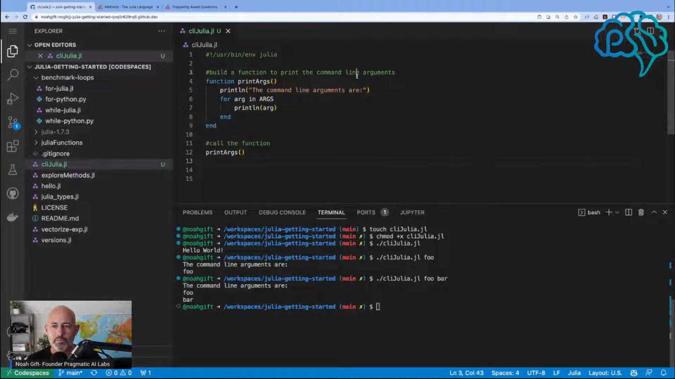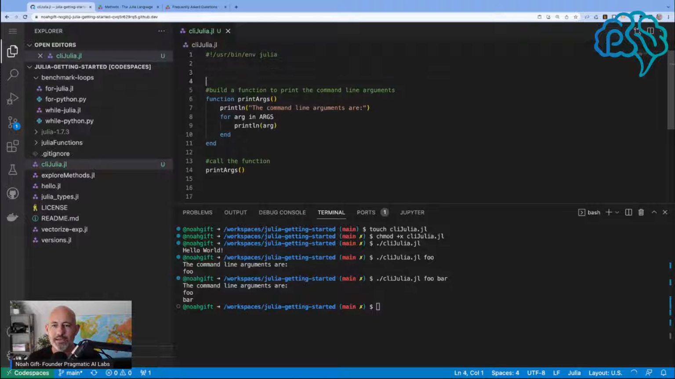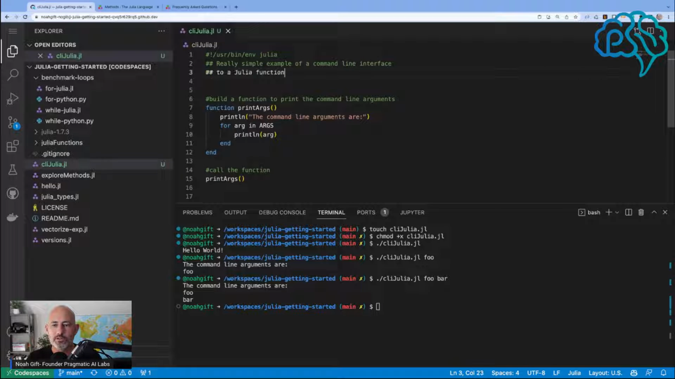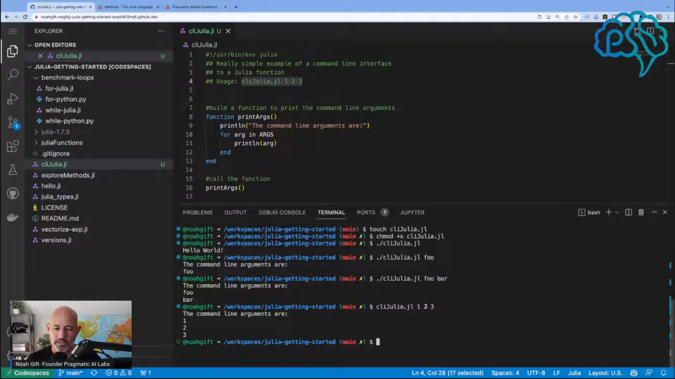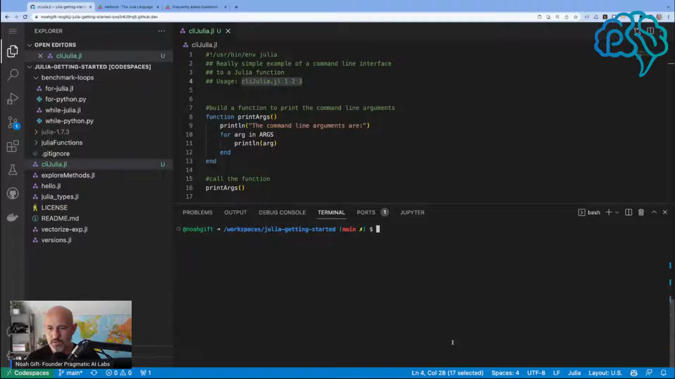Okay, we can put some documentation here and say, like, really simple example of interface, Julia function, usage. There we go. Look at this. The Copilot is not bad. So let's try it out. So it helped me learn this. There you go. Okay, so I got my first command line tool. I'm excited. So now